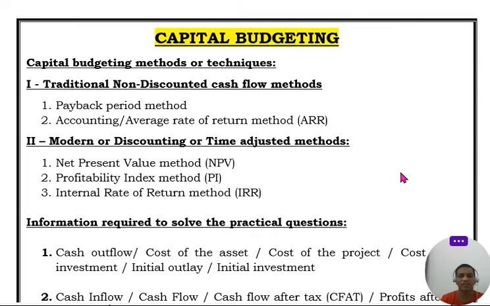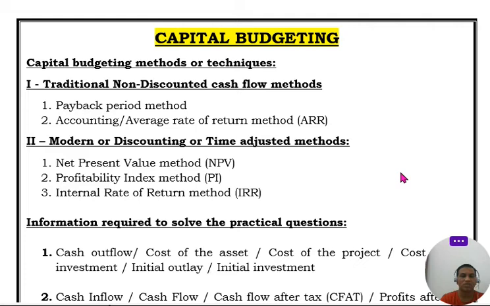So what is the main basic difference between these two categories, traditional and modern? It is the application of time value of money. What is time value of money? In simple terms, the time value of money concept says that the present value of money is always more than the future value of money. Present value of any currency, you can take US dollar or UK pound or Indian rupee, anything. The present value of a rupee is more valuable than the future value of a rupee because the future is uncertain. We don't know what will happen, it may or may not occur.